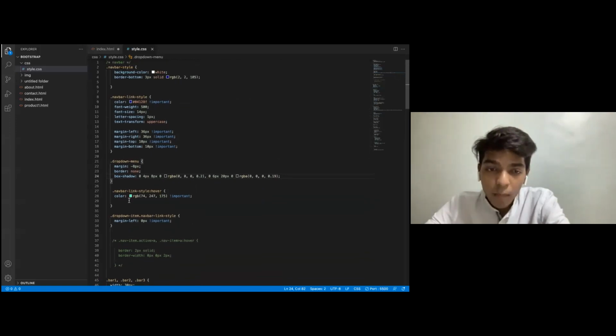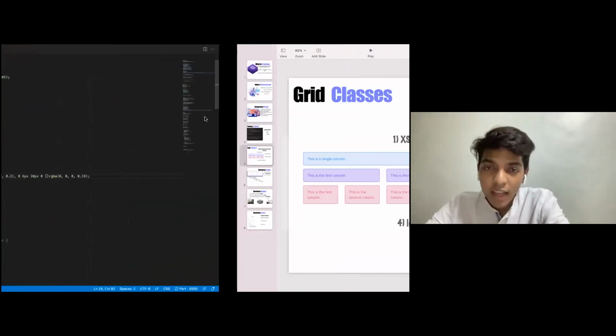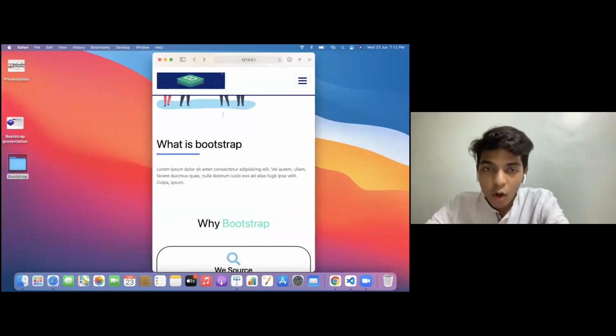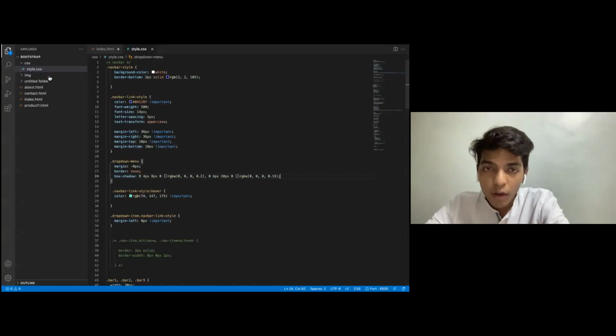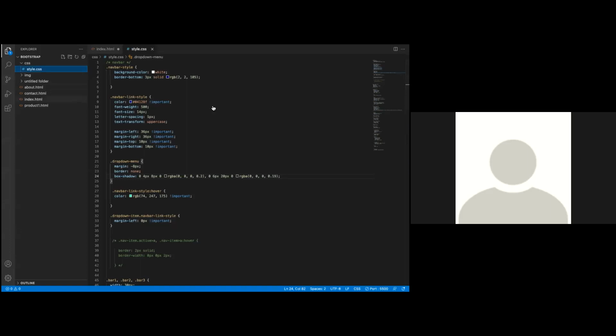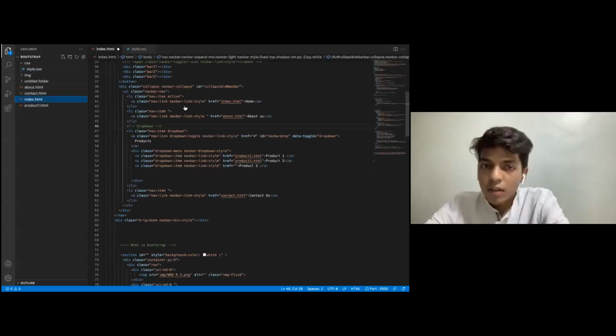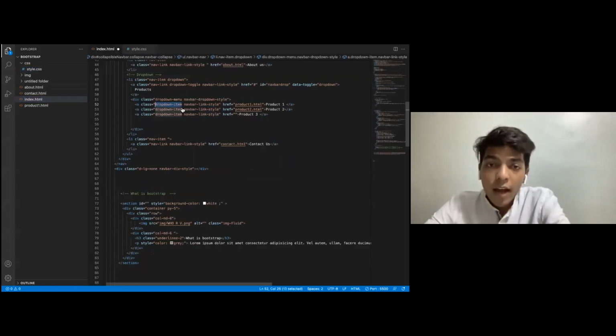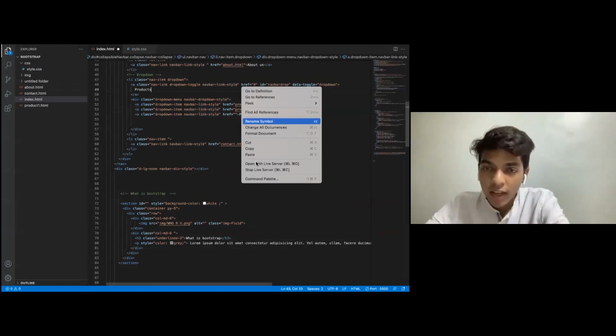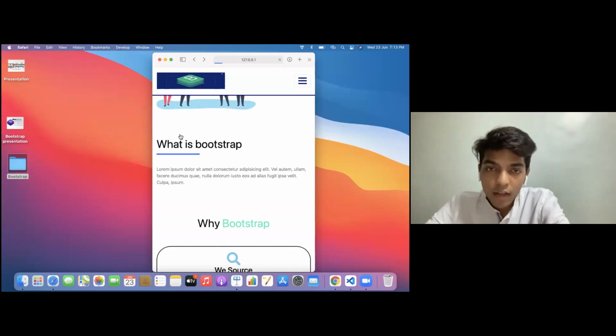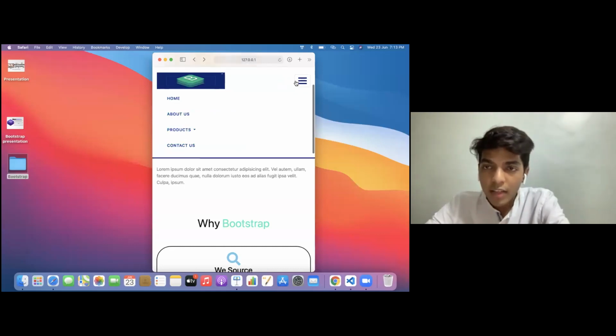So hovering up my link, my navbar link style, is also assigned to my drop down menu over here. So the style has also been presented here. Okay, no problem. And it has a class of drop down item. So here it is, and I can hover it and see that it also changes. As you can see, when I hover it, it changes the color and it is green.